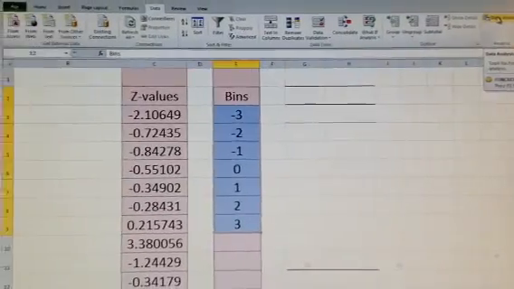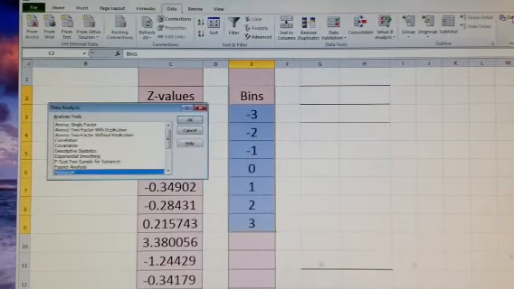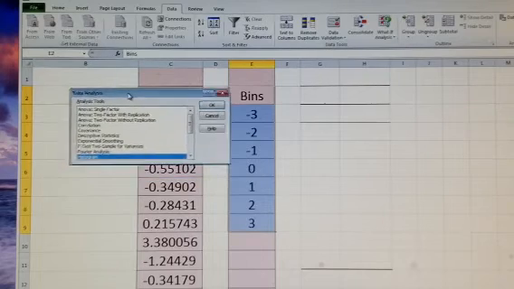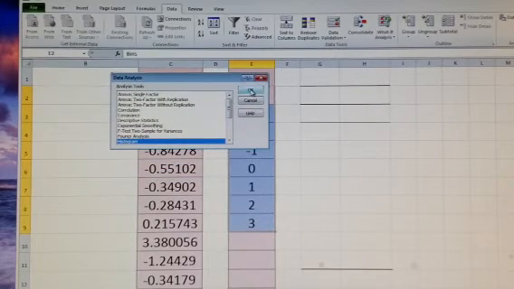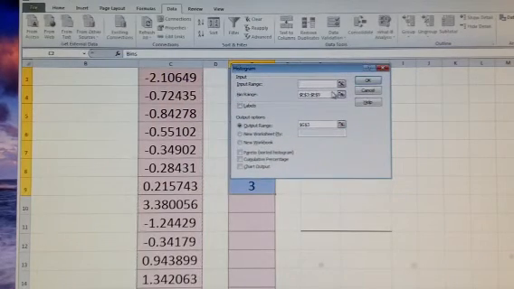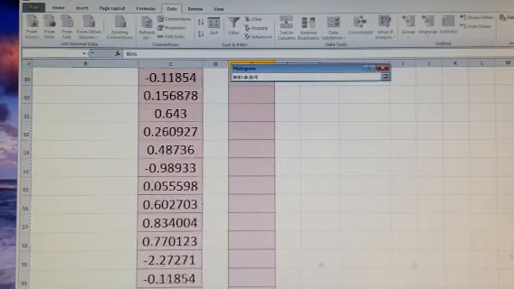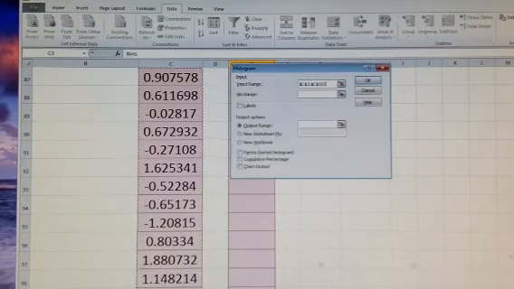So I will go to data, and then here at the end is data analysis. If your data analysis is not installed, you can install it easily. It is free of charge if you have Excel. So I will click on histogram, and you have to put first your z values or whatever the variable is. So here from C3 to C102, the range for bins